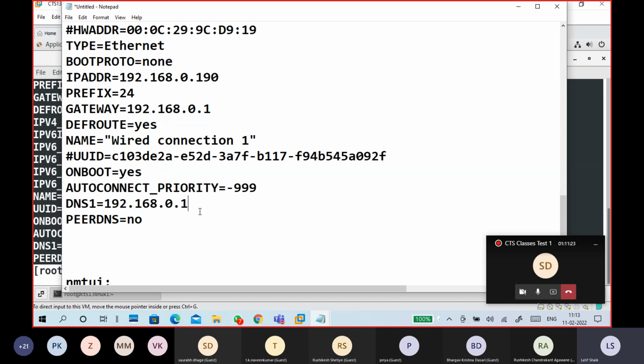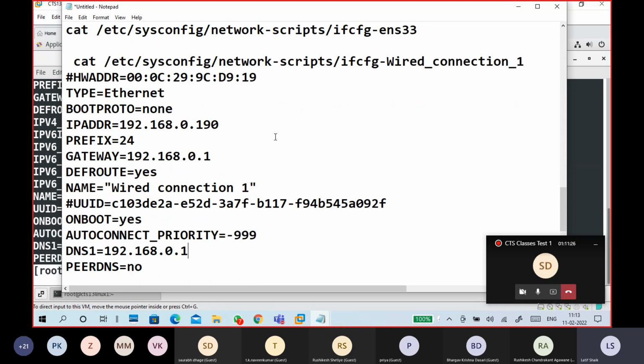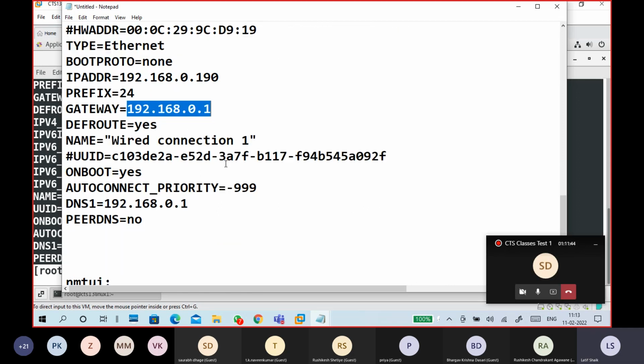So the important thing is, guys, when you are configuring manually, you have to put BOOTPROTO none, IPADDR, put the IP address, prefix, and if you want to put a gateway, yes. ONBOOT yes. DNS, you should put it.